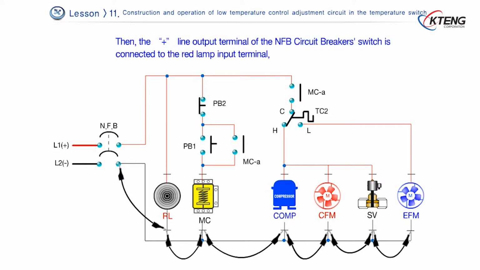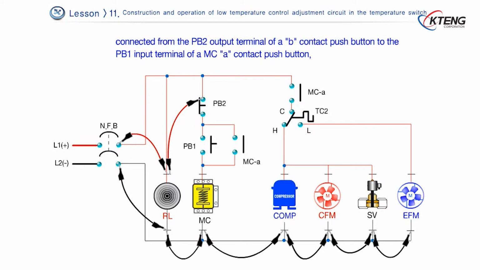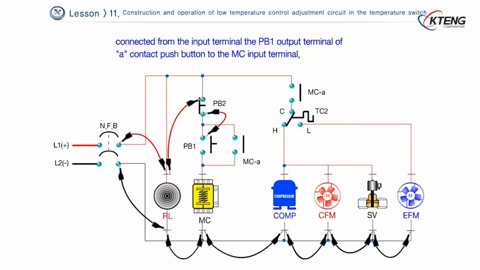Then the plus line output terminal of the NFB circuit breaker switch is connected to the red lamp input terminal, connected from the red lamp input terminal to the PB2 input terminal of a B contact push button, connected from the PB2 output terminal of a B contact push button to the PB1 input terminal of an A contact push button, connected from the PB1 output terminal of the A contact push button to the MC input terminal, and